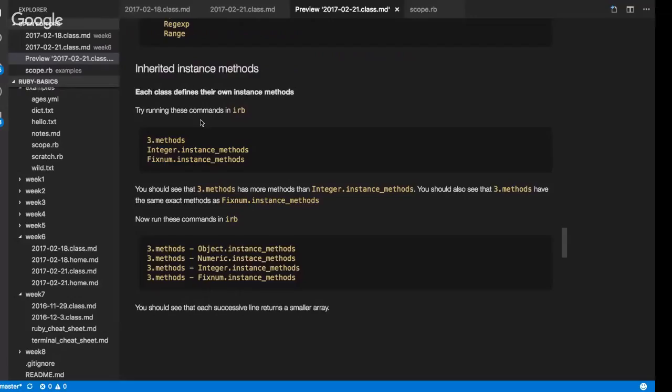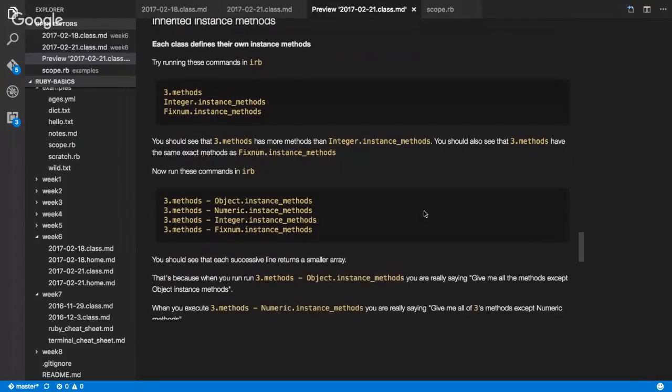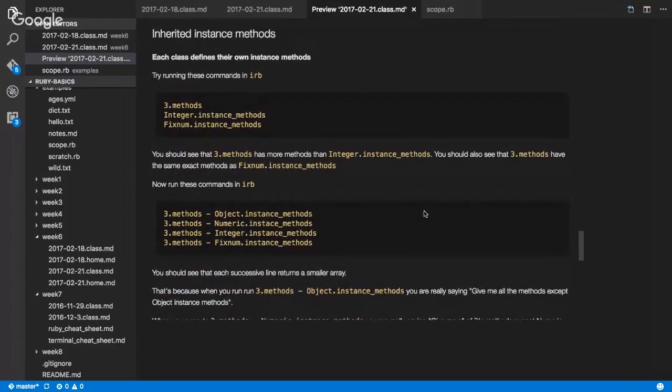Is that making sense so far? In terms of how this inheritance works and that methods can be defined on higher level classes? We'll come back and talk about this a lot more. I want to start introducing the idea of inheritance, that methods can be defined on a class and then another class can inherit from that class and get the behavior